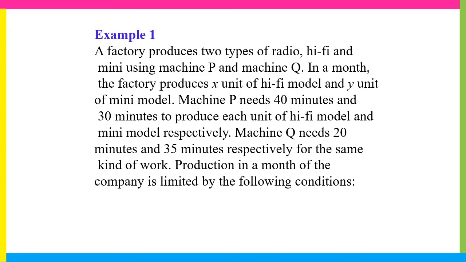Okay, now we have the problem. We want to interpret this problem. First of all, what we need to do is determine the variables, right? A factory produced two types of radio, hi-fi and mini, using machine P and Q. Okay, then we have machine P and machine Q. In a month, the factory produced X units of hi-fi model. So X represents the quantity of hi-fi model, and Y units of mini